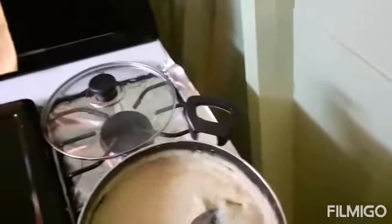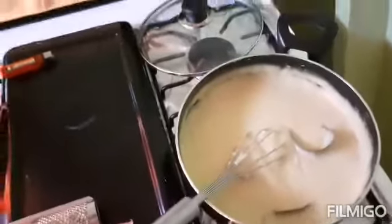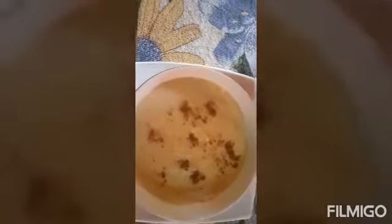Guys, turning off the stove under the porridge now, because the porridge is done cooking. You know, everything is alright, the porridge is done cooking. Guys, this is my cornmeal